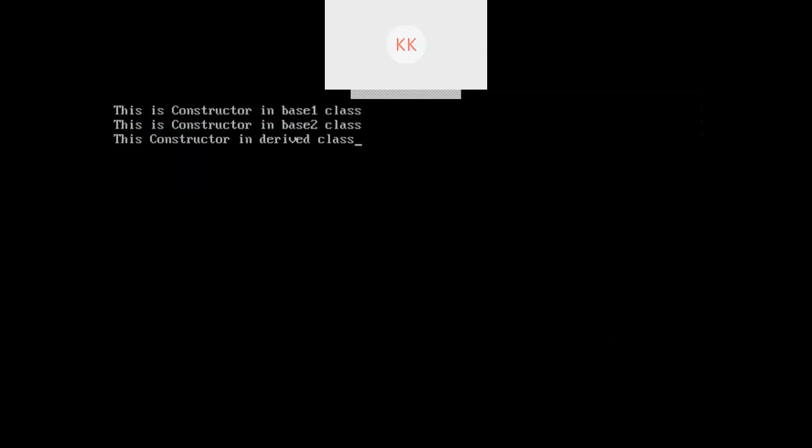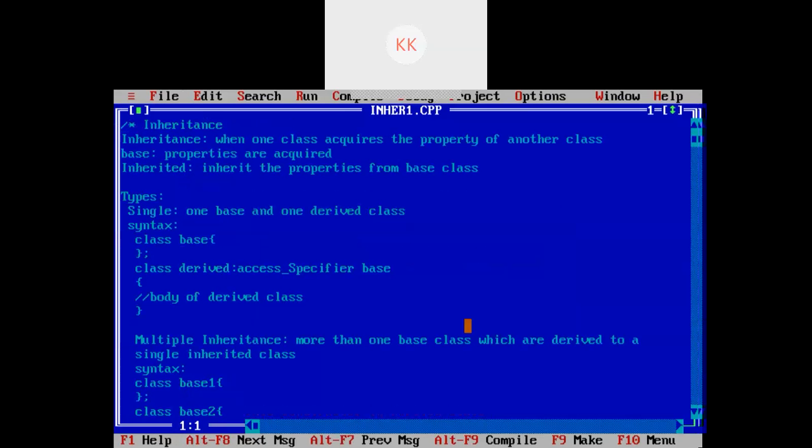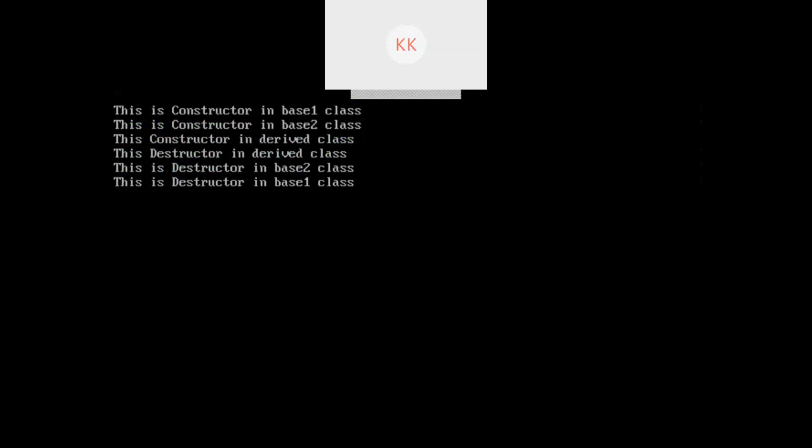So you can see the constructor of the super base class is called first, which has been inherited in base class 2. Then the constructor of base class 2 is called, and then the constructor in the derived class is called. Right? Similarly, the destructor of the derived class is called first, then the destructor of base class 2, then the destructor of base class 1.